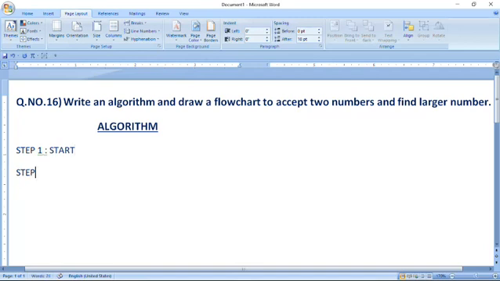Step 2: here you have to read any two variables. I want to write A, B. You can give any variable like X, Y, P, Q, as per your requirement.